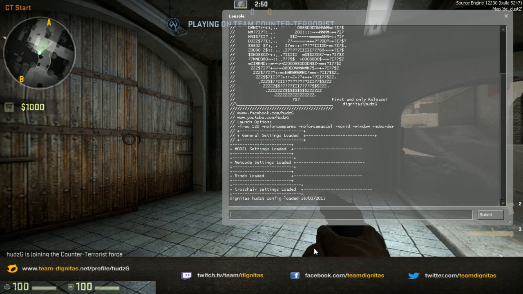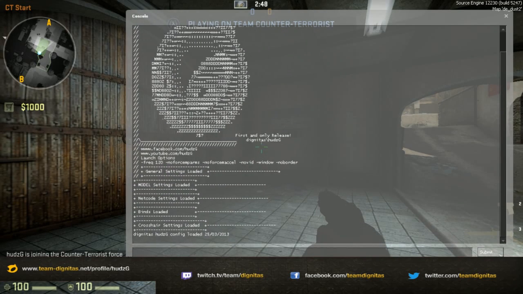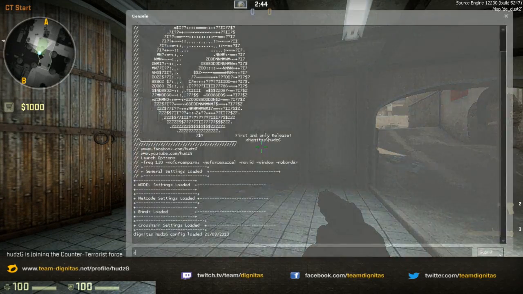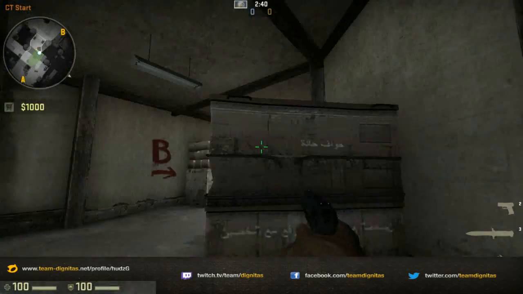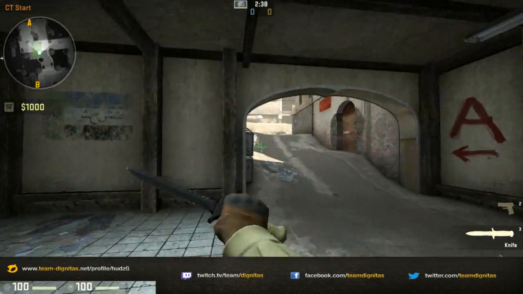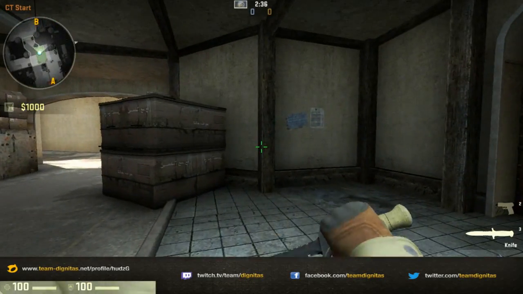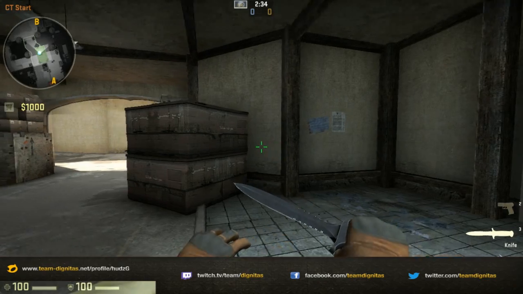Exec my autoexec, you saw my models move there. Got my nice looking config, tells me everything's loaded. Everything is perfect in here, view models, as you can see, and my models are exactly how I want it. So that's perfect. Then what I'll do is I'll do the sensitivity test, which I've showed in some other videos before,